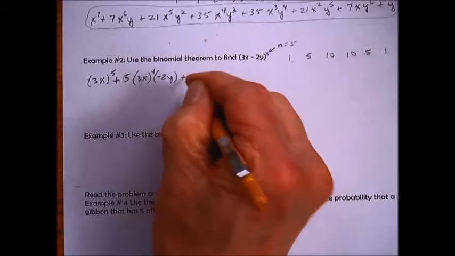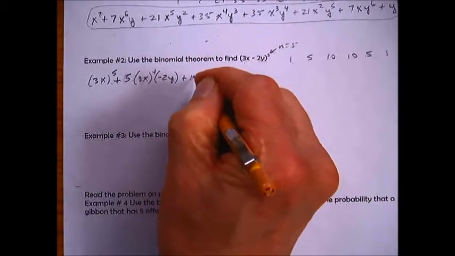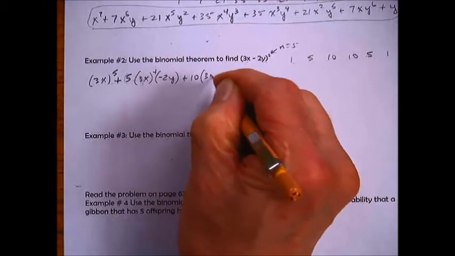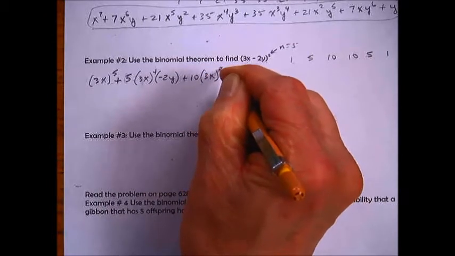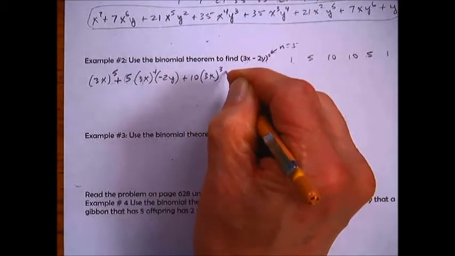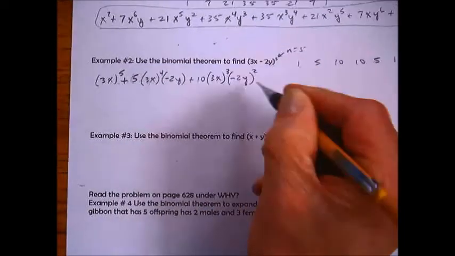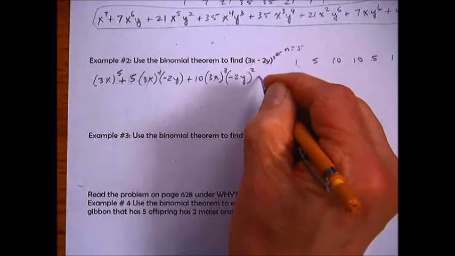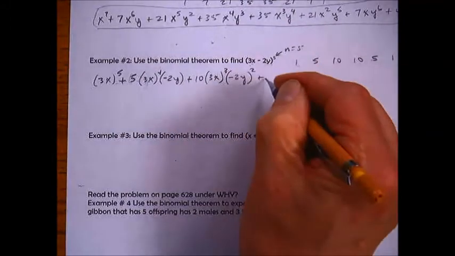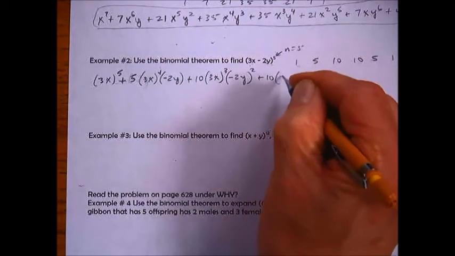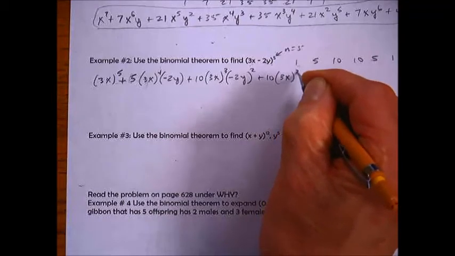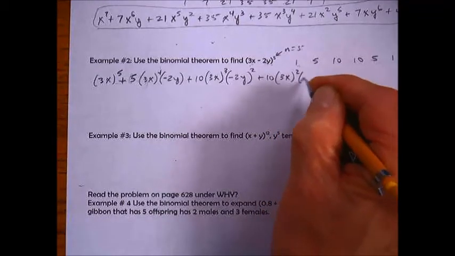And then plus our next coefficient, which is 10, and then 3x, going down, cubed, but the y's are going up, so now I have negative 2y squared. Our next term will be another 10, then 3x squared, and then negative